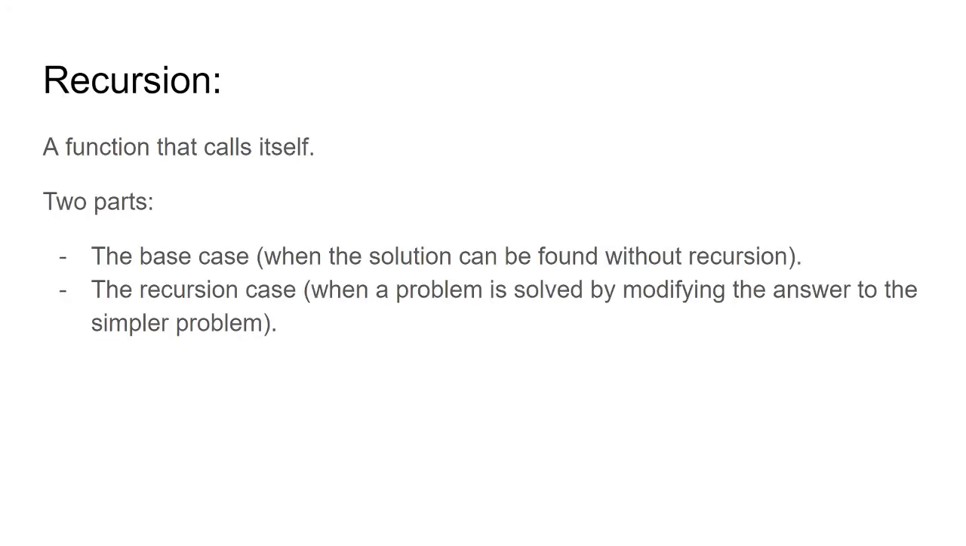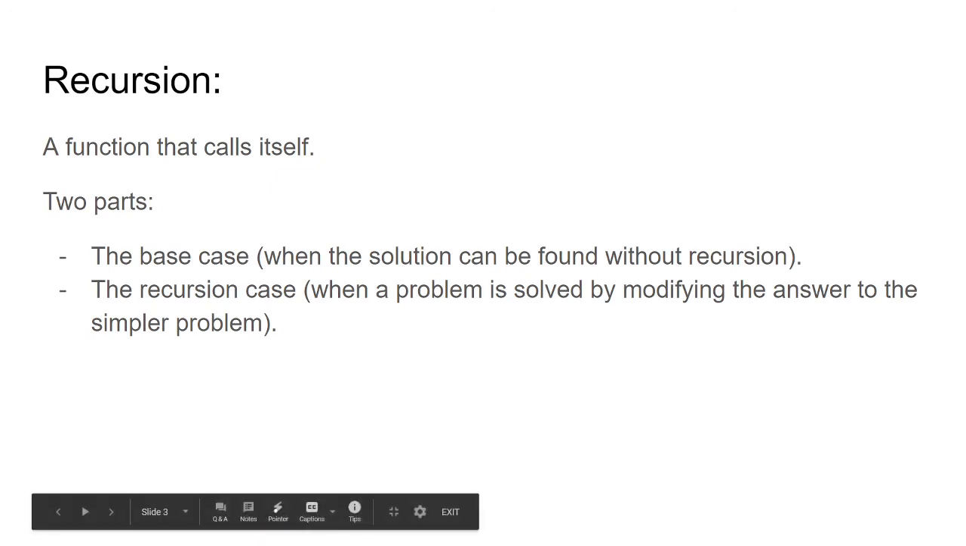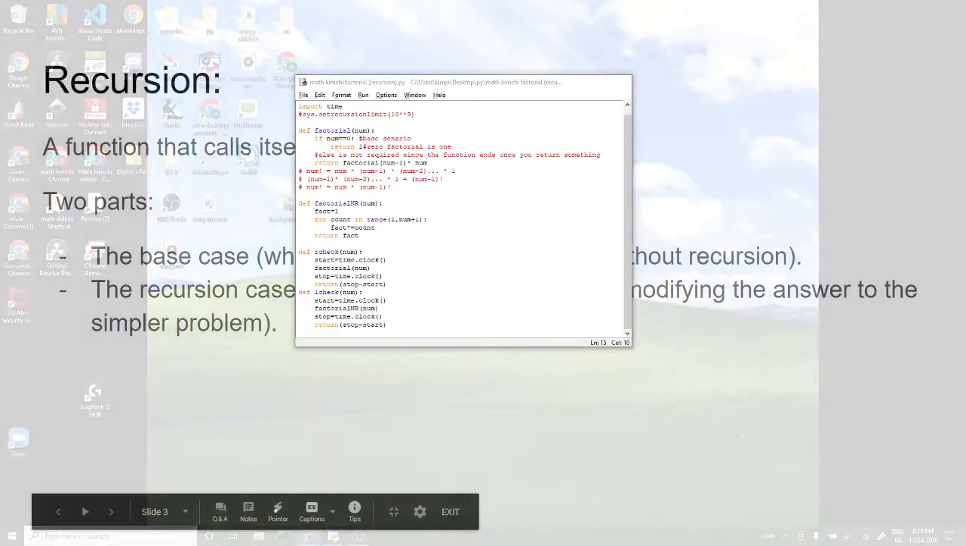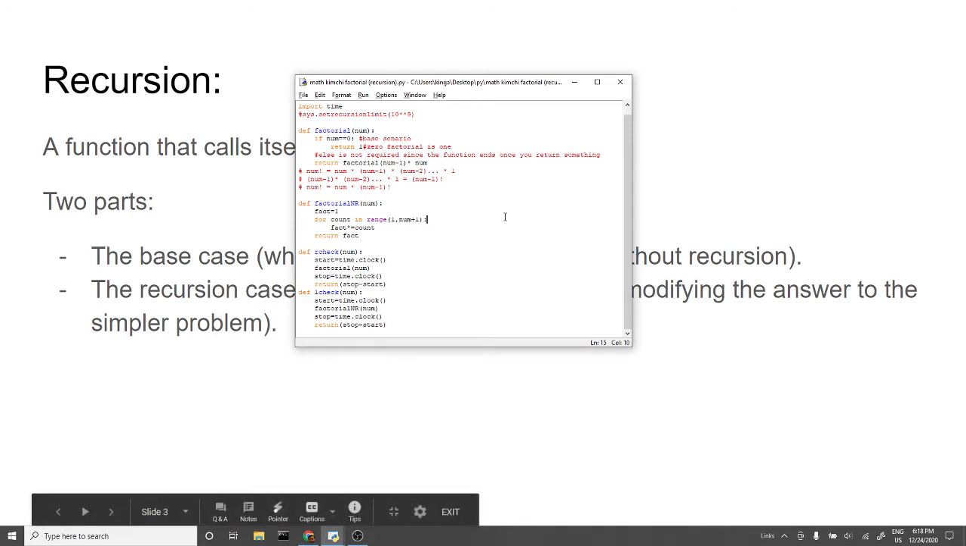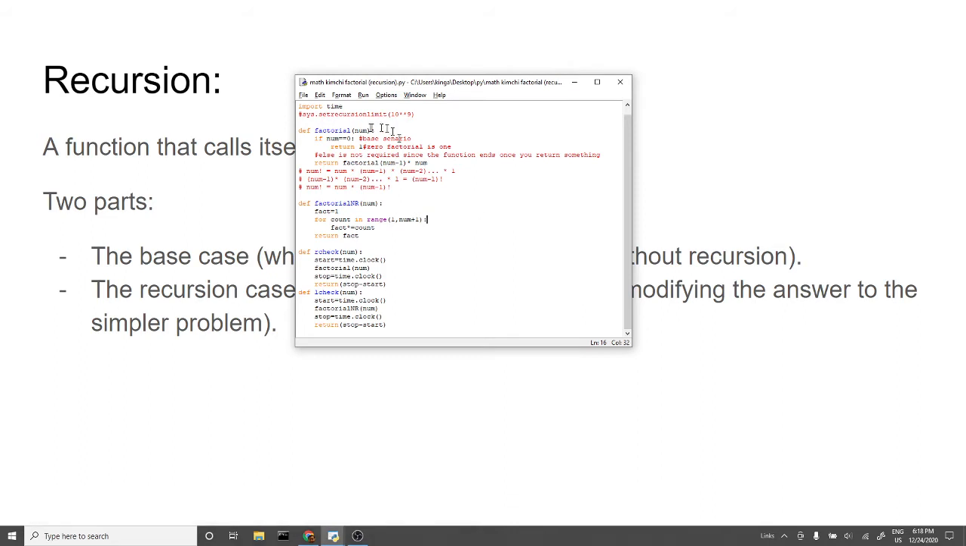I have prepared a function that finds the factorial of a number using recursion. So the base case is when we have to find 0 factorial, and we'll actually say that it is 1,